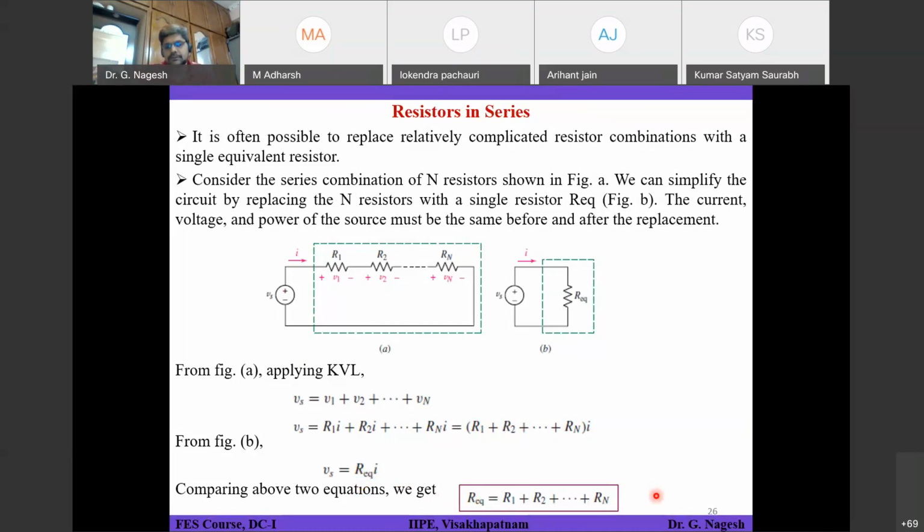Okay. So in a series scenario, series means the current flowing in the different elements should be the same, only then will we call them series connected elements. In this scenario, the current I flowing through all the resistors is the same, so that's why we call these resistors R1 to Rn in series. When they are in series, you can simply add up all the resistors. That will be your equivalent circuit. So R equivalent is equal to R1 plus R2 plus so on up to Rn.